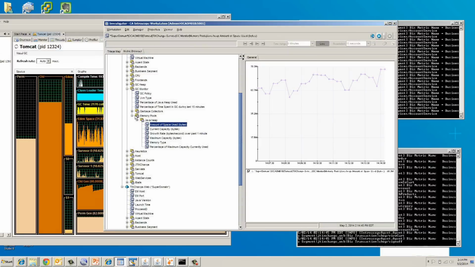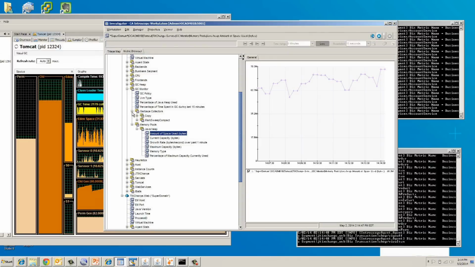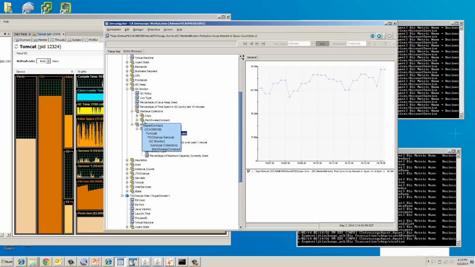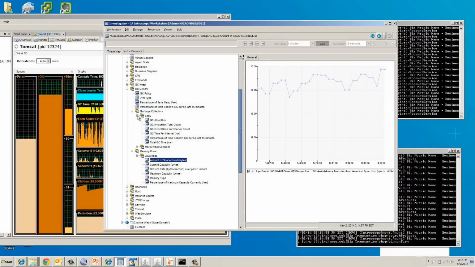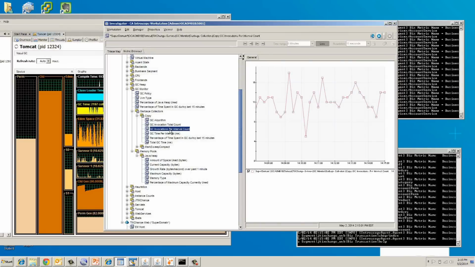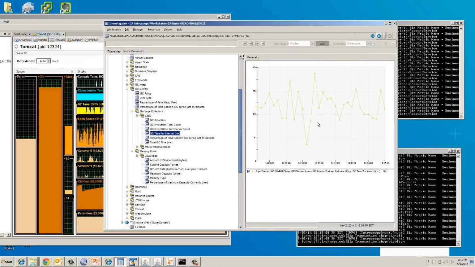So now let's take a look at the collectors, the garbage collectors. So if I open it up, sure enough, I have a Mark Sweep Compact. We should be familiar with this type of collector, and I have a Copy, right? So if we take a look at the Copy one, we'll look at the invocations. We'll see that it's being invoked a few times, and we'll look at the performance. Every time this is invoked, it's spending around 150, 200, peaks at 200